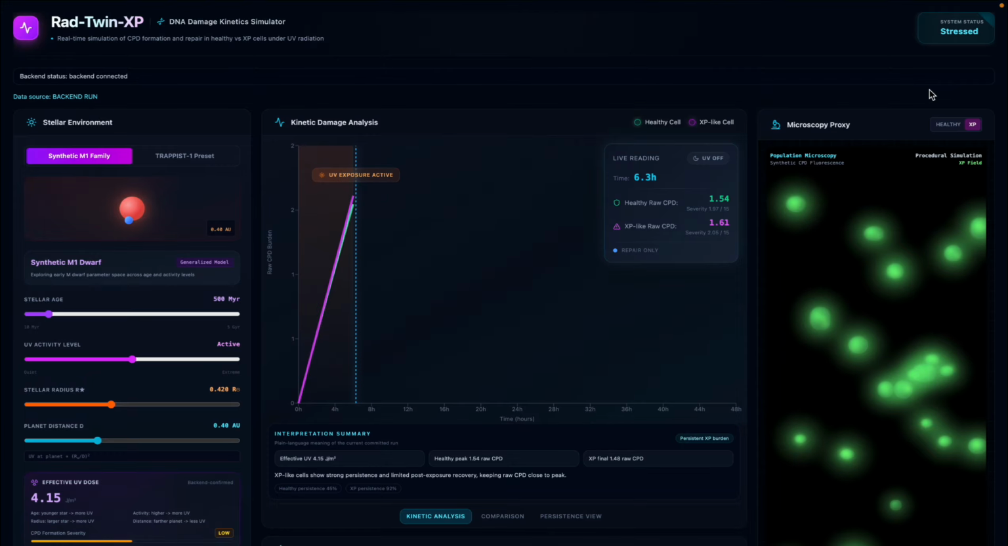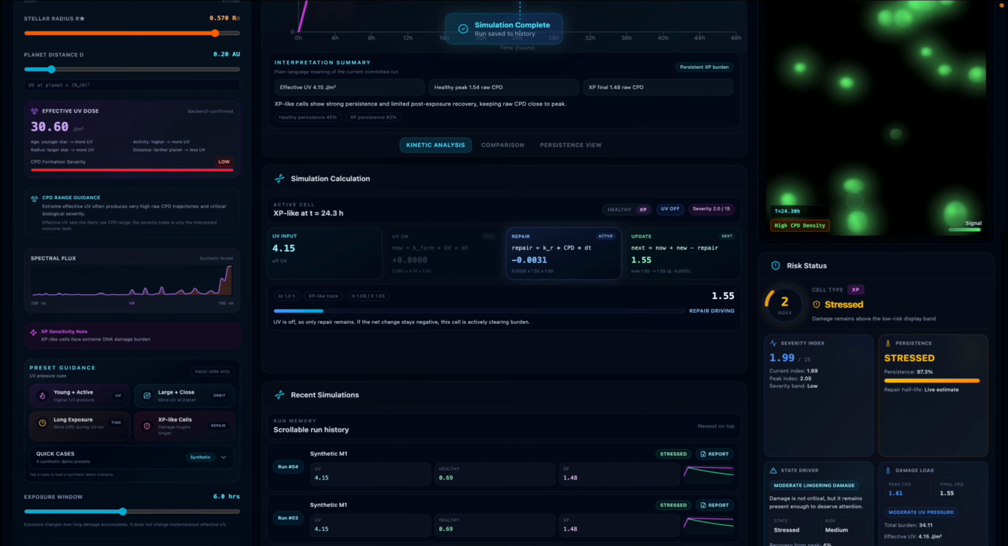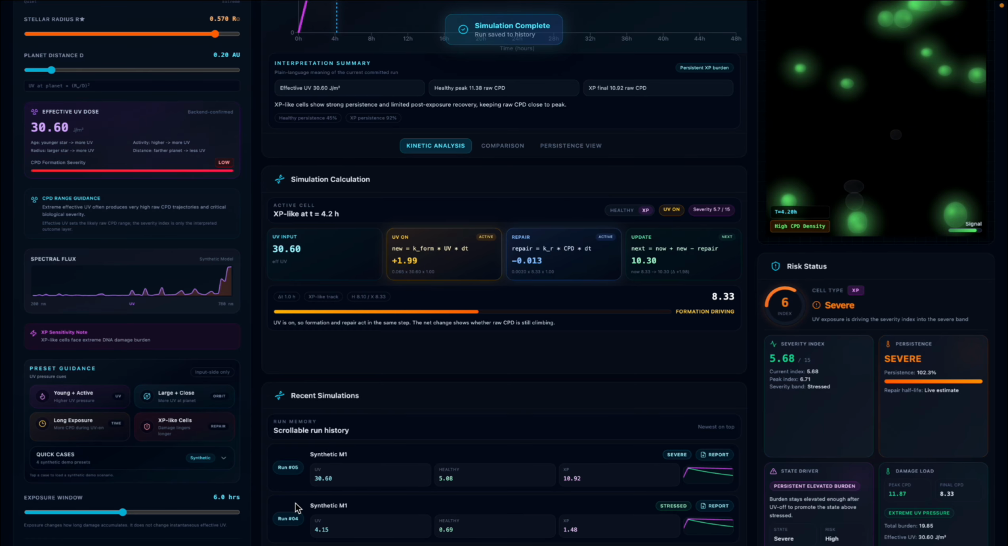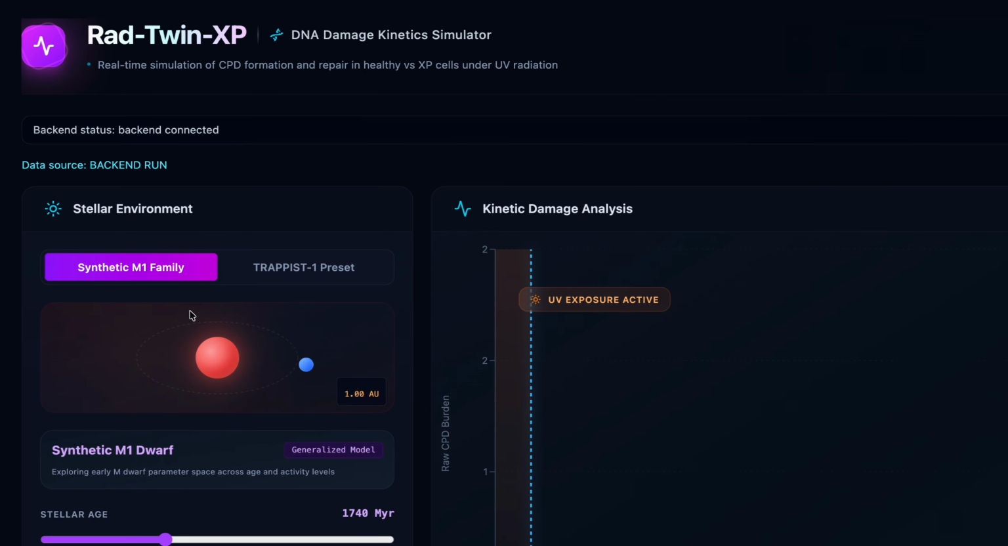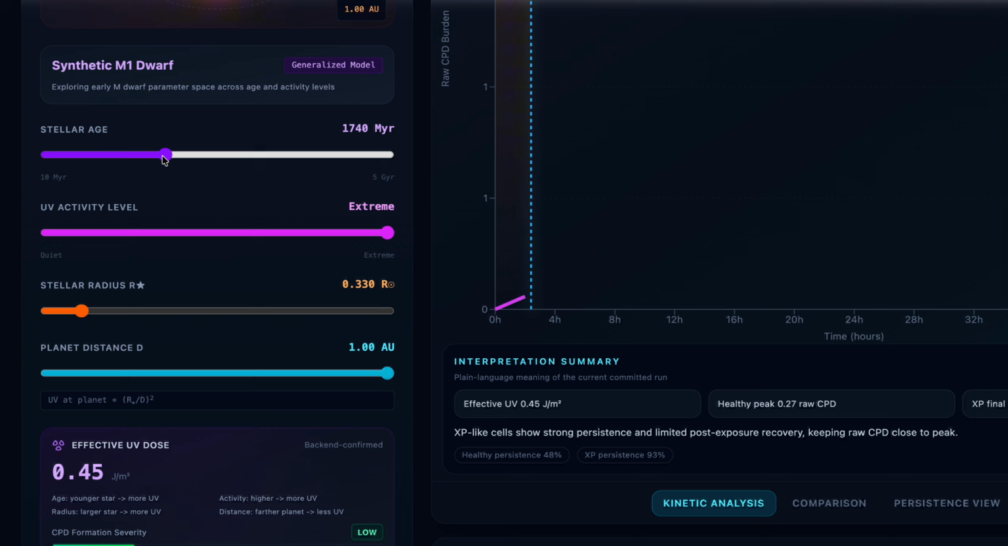Rad Twin Xp solves this by predicting when UV stress pushes the system from stable recovery into persistent damage. Our solution is an interactive digital twin that connects stellar UV conditions, CPD damage kinetics, and a live biological response dashboard. In synthetic M1 mode, we explore a generalized M-dwarf environment by changing stellar activity, stellar radius, orbital distance, and